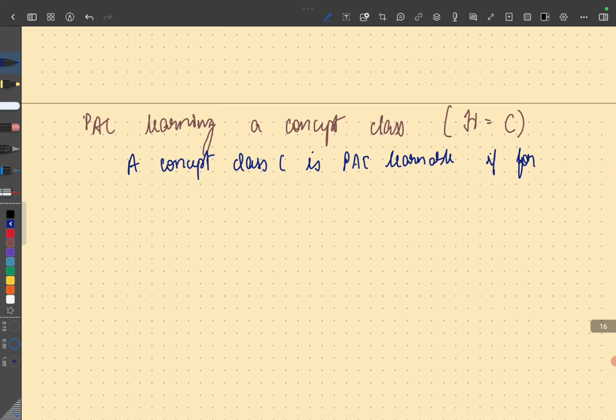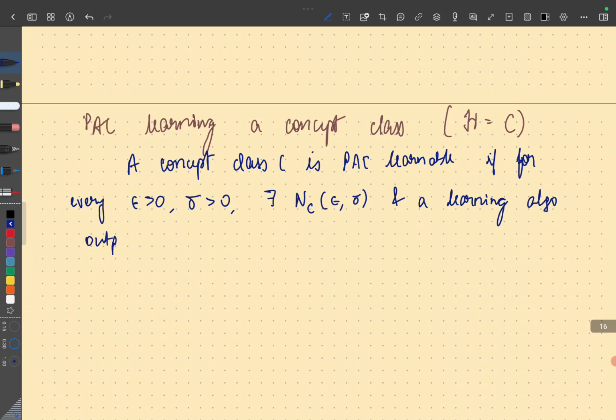If, again, for every epsilon greater than 0 and delta greater than 0, there is some N_C of epsilon and delta, some positive integer, and a learning algorithm that takes n samples and outputs h_S satisfying